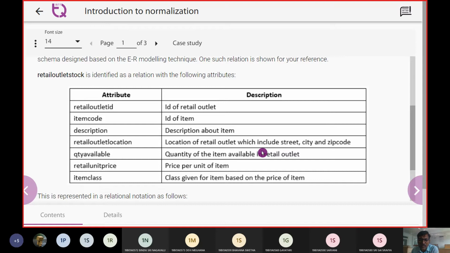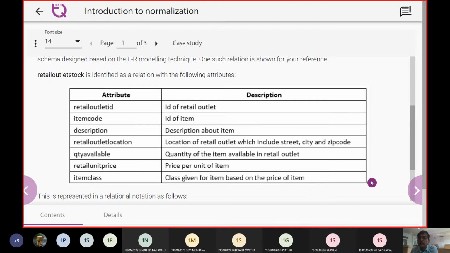I just want to have that number. Then the retail price, and then we are going to have the item class, which is going to give a label to that.